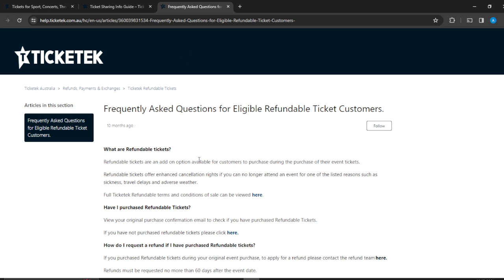Now, refundable tickets on Ticketek are an add-on option available for customers to purchase during the purchase of their event tickets. Now, I'd like you to know that if you purchase a non-refundable ticket without clicking on the option of purchasing a refundable ticket, then you'll not be able to get a refund on Ticketek. So this is an option that is available when you're making purchases, so ensure that you initially